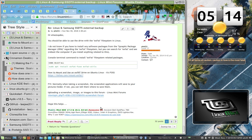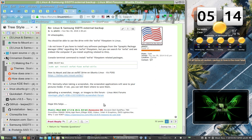In Linux Mint in particular, and I'm using Linux Mint Cinnamon for this tutorial, there are 4 wonderful editions of Linux Mint: Cinnamon, Mate, XFCE, and KDE. For this tutorial, I'm using Linux Mint 18.3 Cinnamon because that's what the user is using, and it can already access Microsoft drives that are formatted with NTFS or FAT32. I'm not sure if it comes already prepared to run the exFAT file system, but